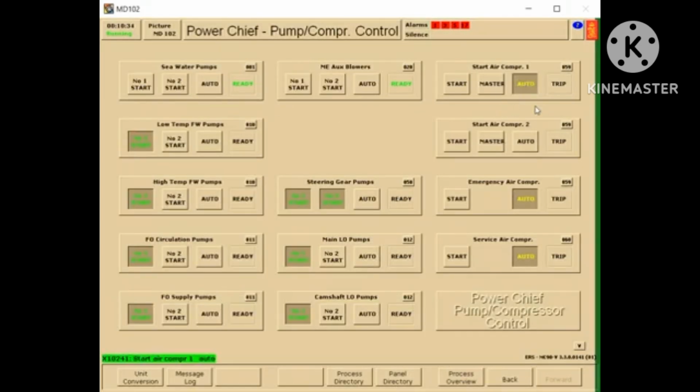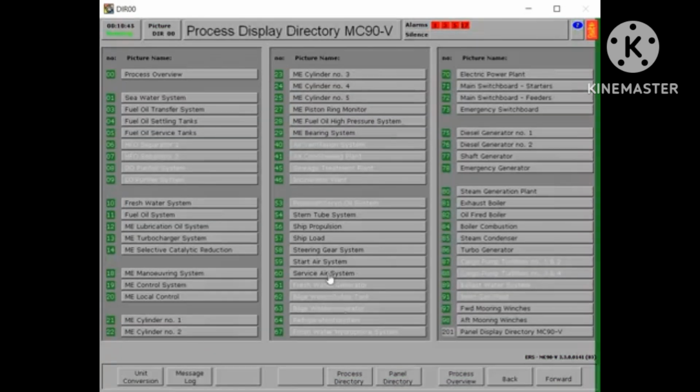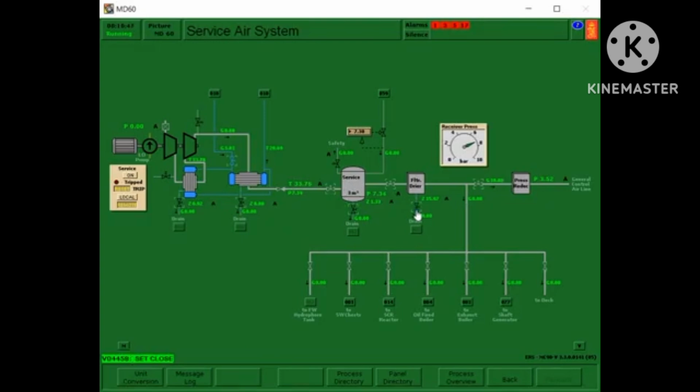We need to set it to auto. MD60, so we need to turn off as it reaches 0.